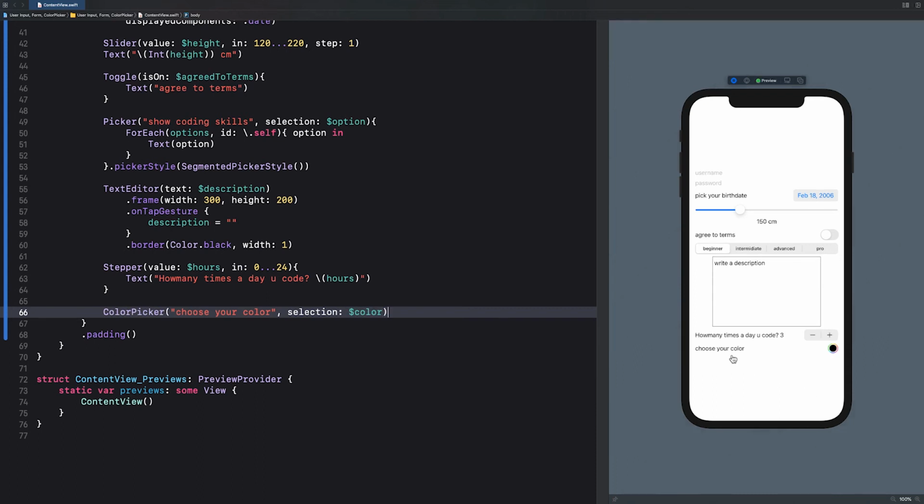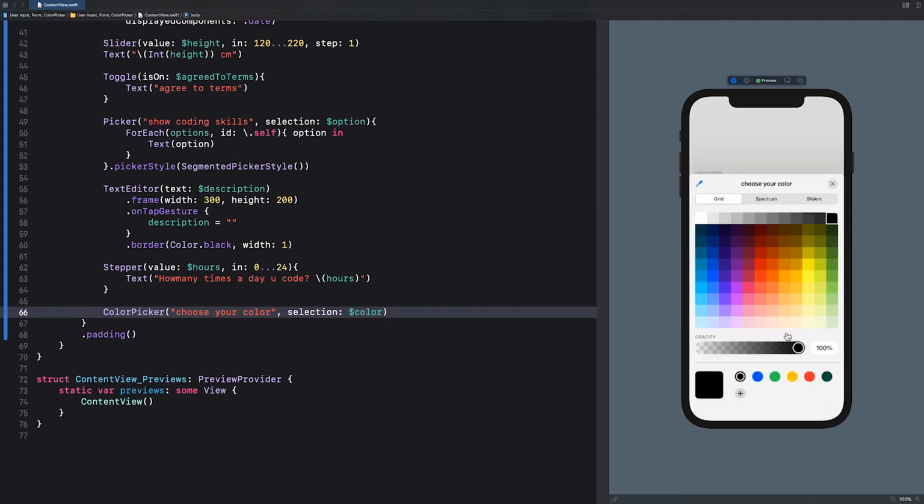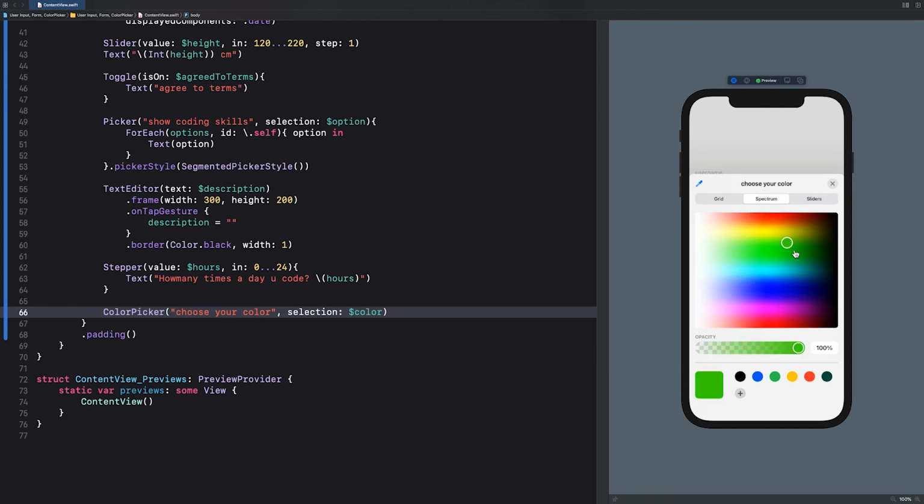As you can see, our view appeared on the screen. We have choose your color right here and this little icon. So when you tap on this, a view will show up, which is a very well made pre-made view inside of SwiftUI. So you can either choose inside the grid of the colors, you have your color spectrum as well, you can adjust the opacity for each color,